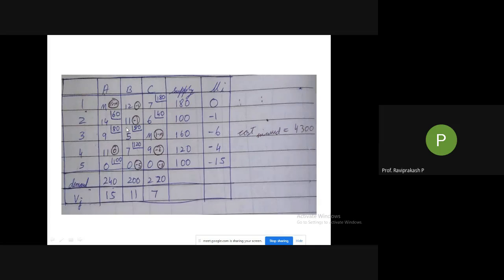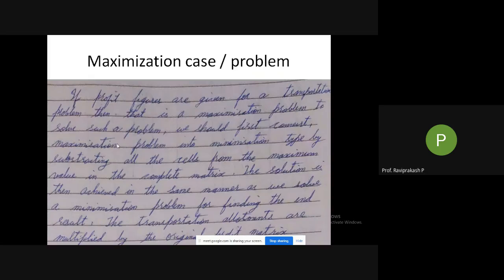When profits are given, I need not minimize the profit, I need to maximize the profit. So there is a maximization case also, a maximization problem. Write down maximization problem. In examinations, many times they have asked maximization also. This is as important as the minimization one. Most times it will be minimization, but at times they can ask you maximization as well. So you can write down the maximization case.